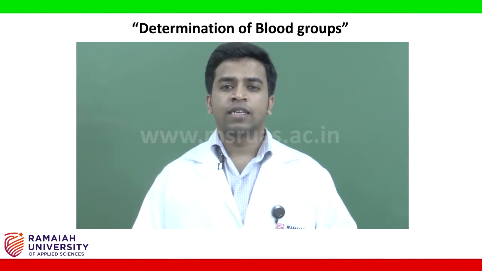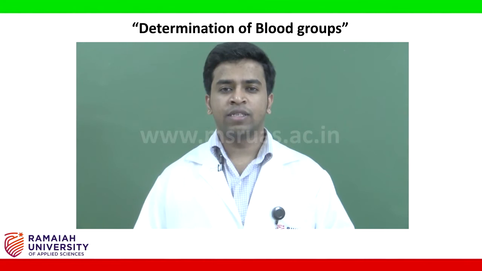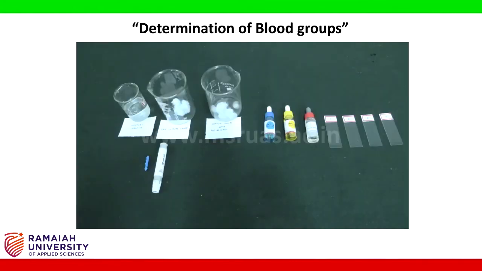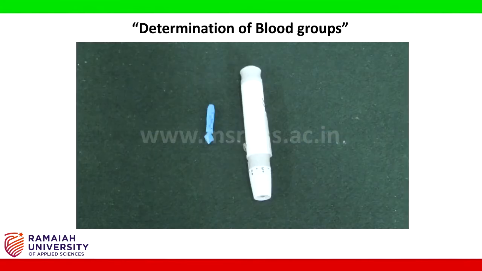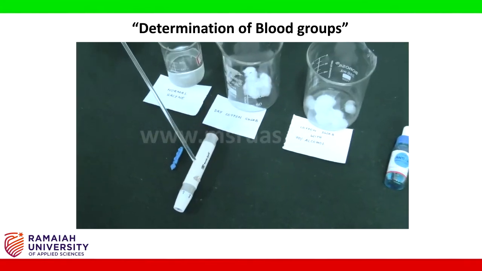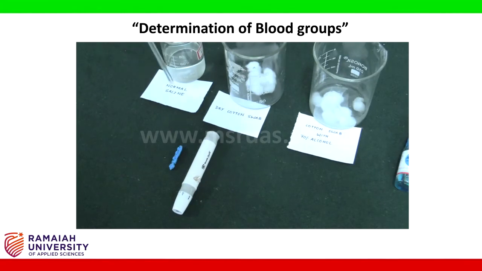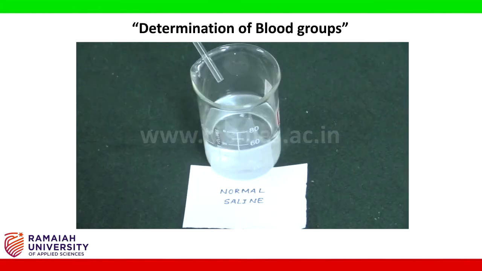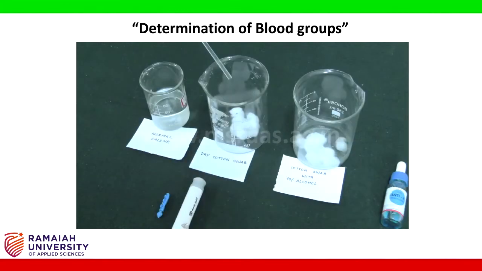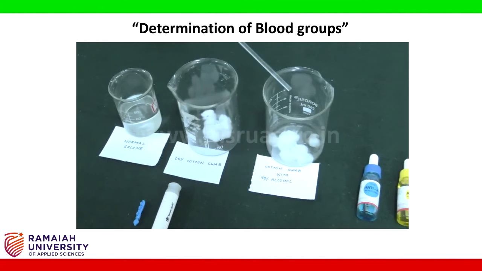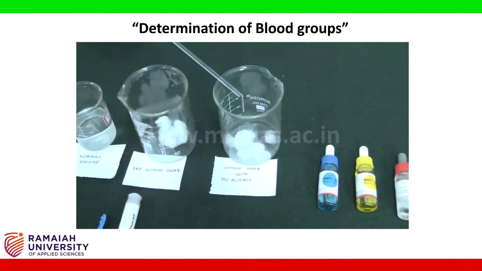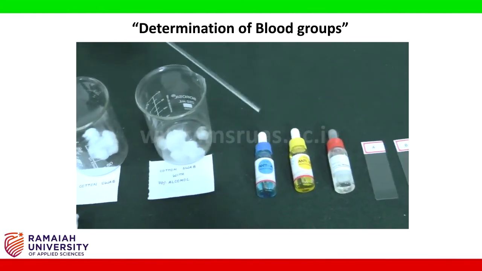Now, let us study the different requirements used in this experiment. This experiment requires lancet device. Normal saline. Normal saline is used to dilute the blood. Dry cotton swab to remove the excess of alcohol. Cotton swab with 70% alcohol. Antisera A,